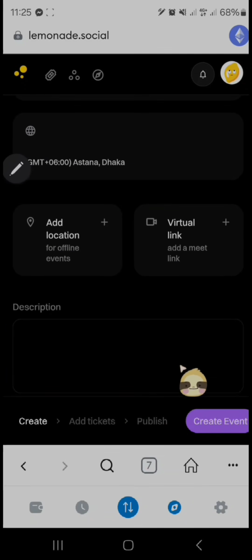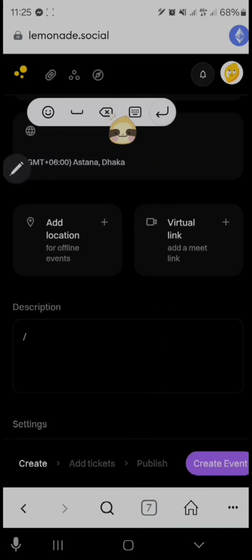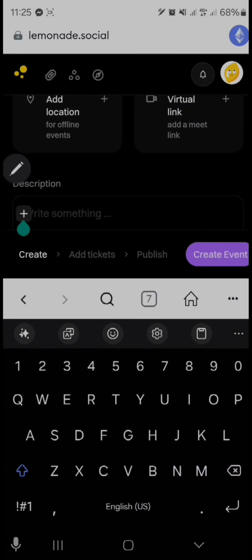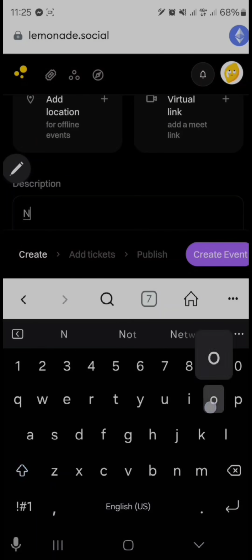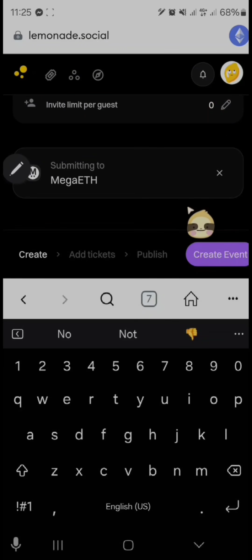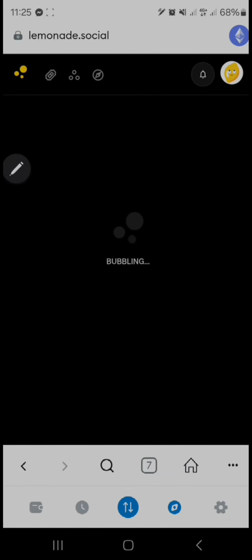And we can also choose a location and virtual link here. Here I have options like description and approval record and several things. I just fill up the basic and fundamental things here,